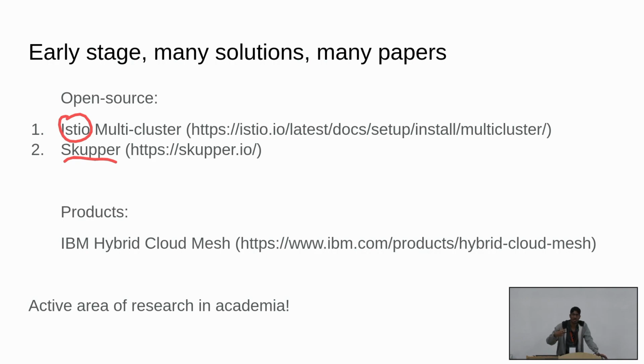And just from our point of view, what we have been working on, IBM has a product which has been recently released. We personally, Priyanka and myself, have worked on this product, same space, right? Same challenge, getting networking working across multiple clusters. But I would say it's still not solved yet. We are also working on the academic side of things. We are working on a couple of different ideas and research ideas. It's still an open problem, right? That's what I wanted to convey. Multi-cloud networking is an interesting, challenging research area, right?